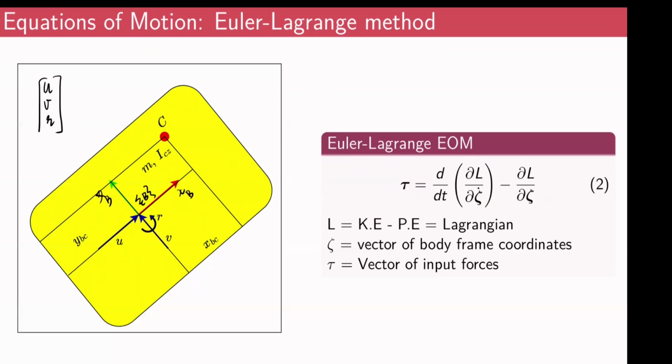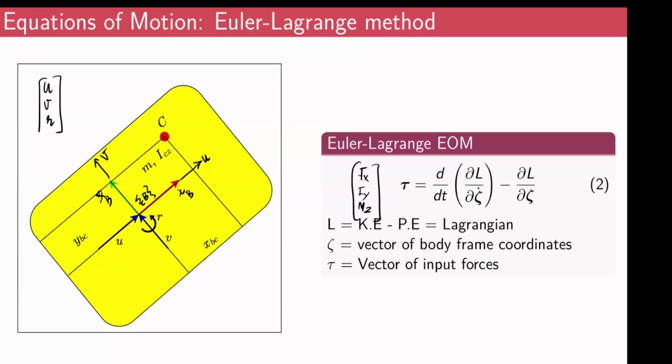The velocity along the body fixed XB axis is u, the linear velocity along the body fixed YB axis is v, and the angular velocity about the ZB axis is r. Then the vector theta is a vector of u, v, r. And this tau is also a vector. If you expand this, tau is nothing but Fx, Fy, and Mz,